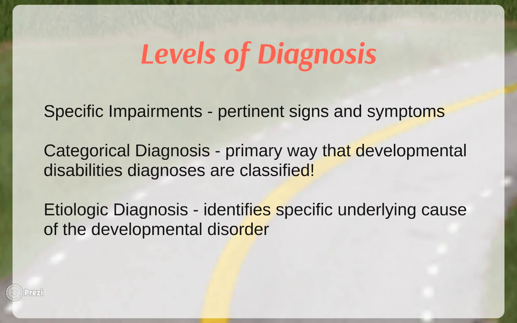Specific impairments identify pertinent signs and symptoms and are the prerequisite for the next level, categorical diagnosis. This level is critical in treatment planning. Often a target system approach is used to treat because each child is different. When planning for treatment, one must consider the abilities and the environmental impact. A common classification system used is the International Classification of Functioning, Disability, and Health for Children and Youth,